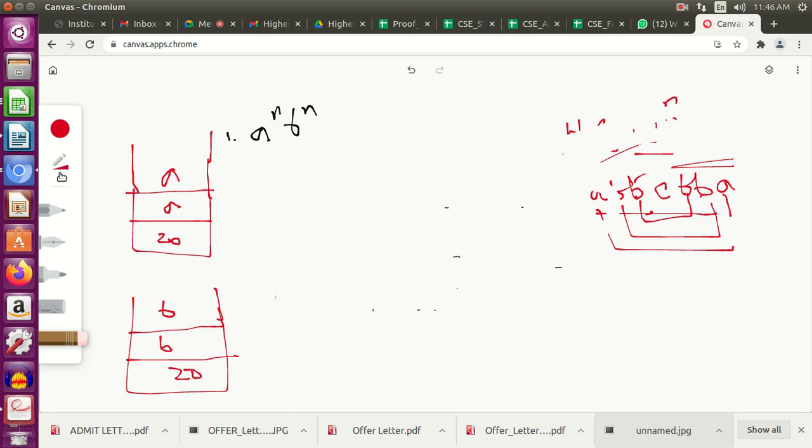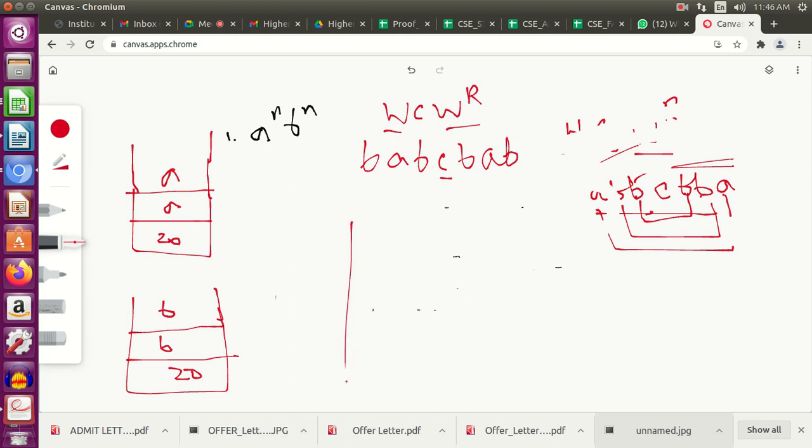Suppose I take the string B A B C B A B. Now this is the correct form of the string W C W R, because we have a C over here, and this is W and this is W R, that is the reverse of it. This is the same thing, B A B, B A B. So I'll use the transition functions I have written over there and see whether I can get this or not.